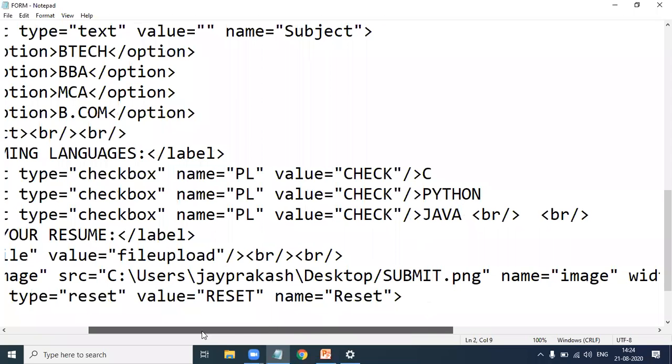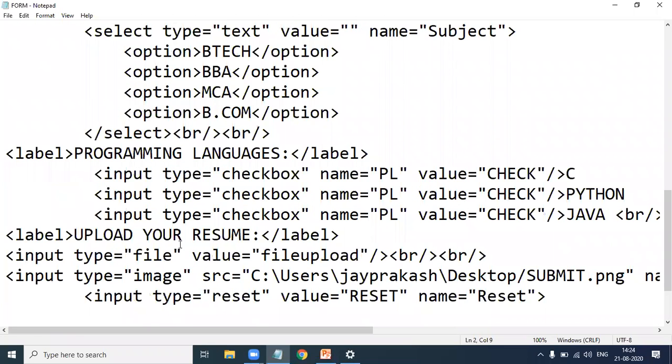Next, upload your resume. So here input type equal to file, value equal to file upload. Here there is an option called choose file. Here we browse the file and upload a file into the form.